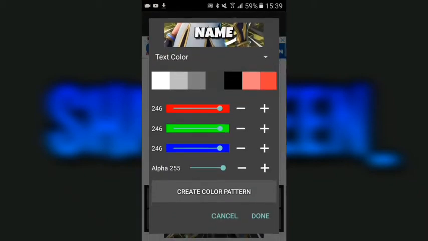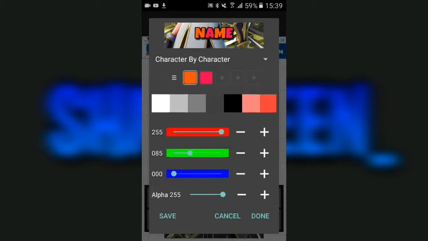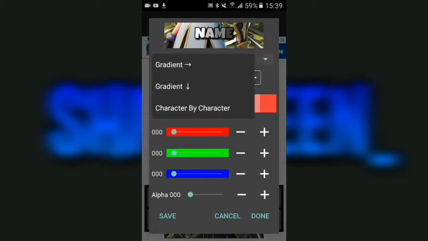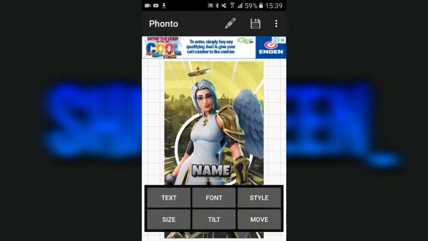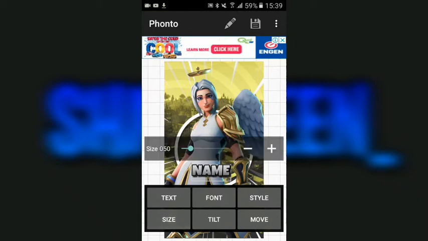Then you click on style again, and you go to gray color pattern at the bottom, and you're gonna make this whole thing white, and then you're gonna click character by character, and you say gradient down, and then click on done, and then click on done again. Now you're just gonna wanna enlarge it,